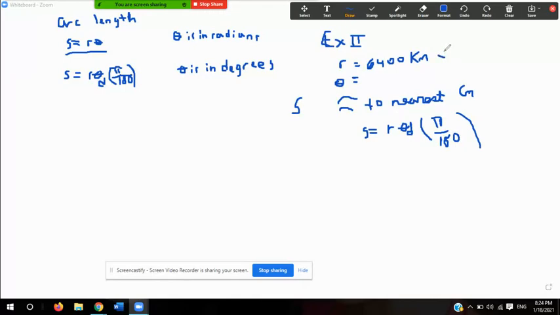So we actually have to add the 6,400 kilometers that is assumed to be the Earth's radius to the 400 kilometers